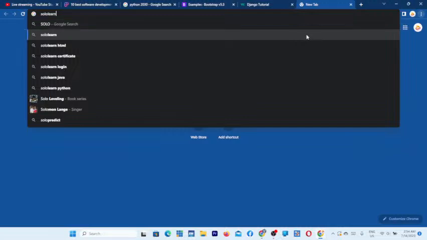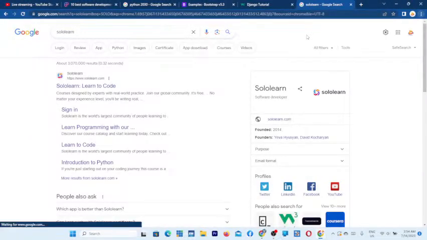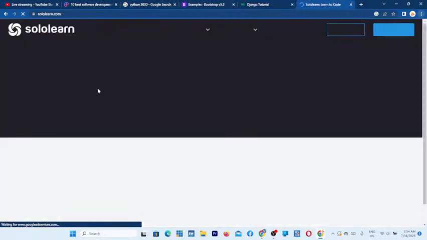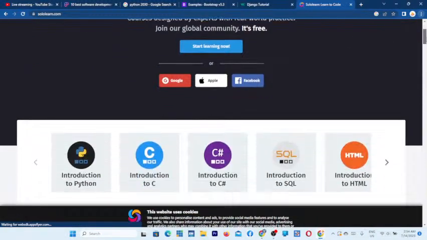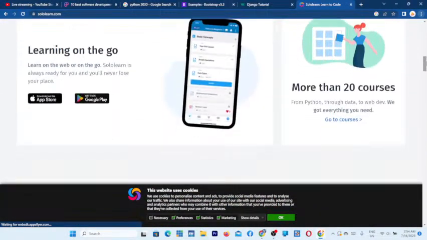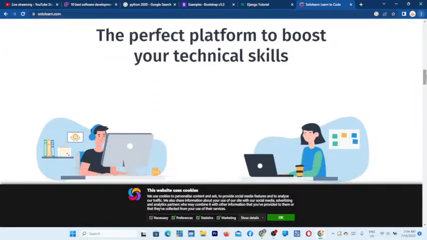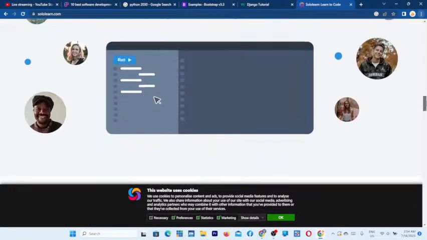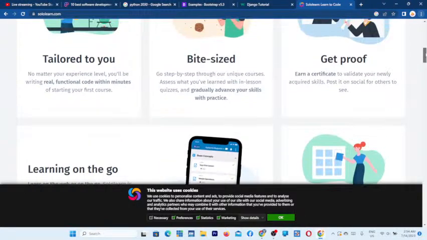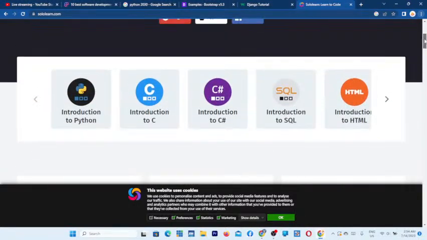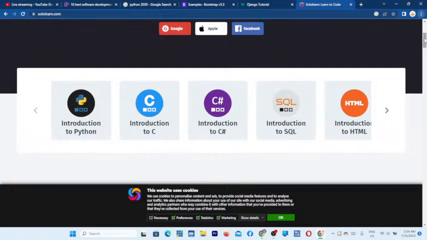So I'm just showing some things that can help you improve. SoloLearn here, they are still okay. It's very good. It's a good platform that can help you to start your coding journey. It's very important also, and it's absolutely free. So you can consider signing up also. There's a paid version also for SoloLearn, but the free version could help you learn a lot about the basics of Python and other programming